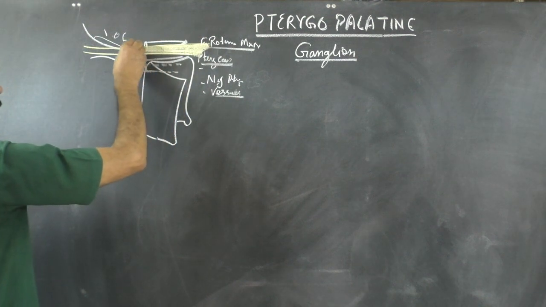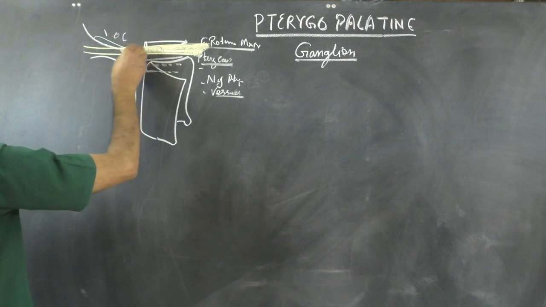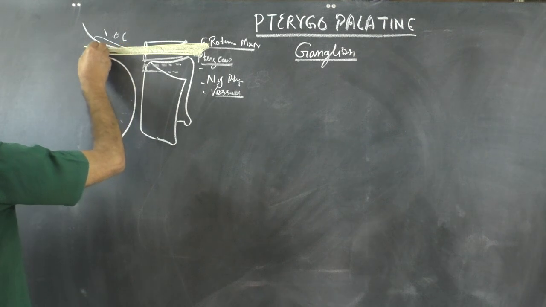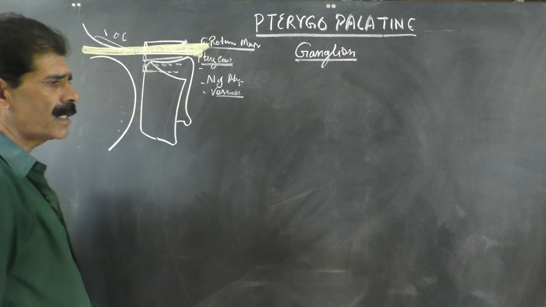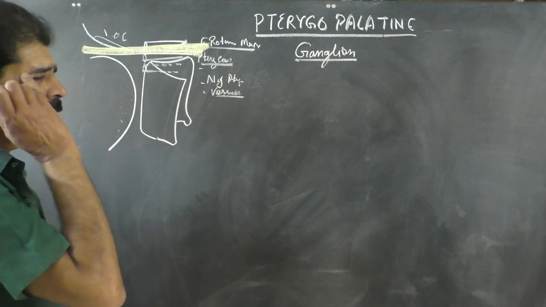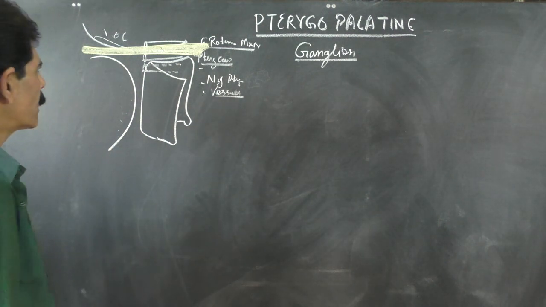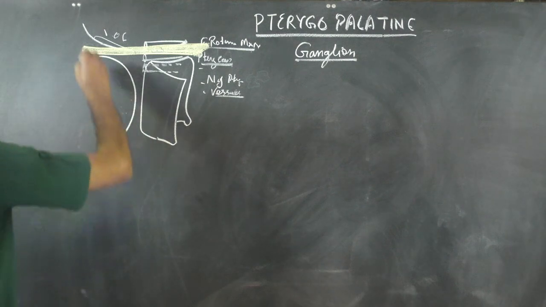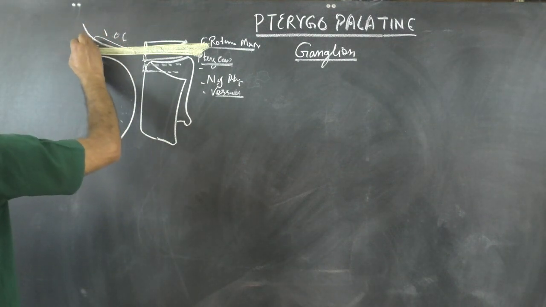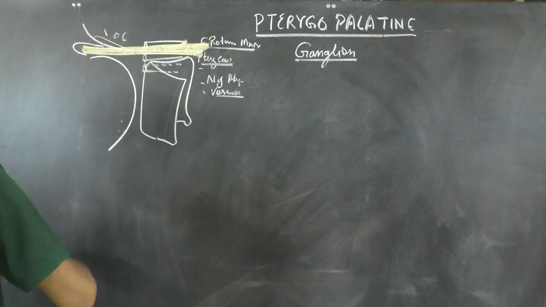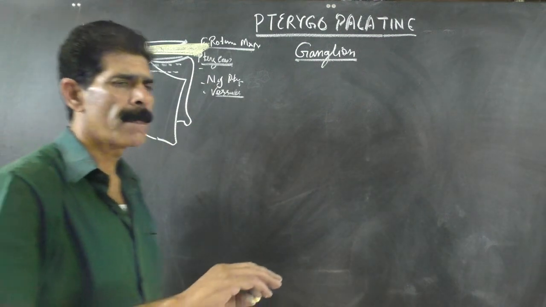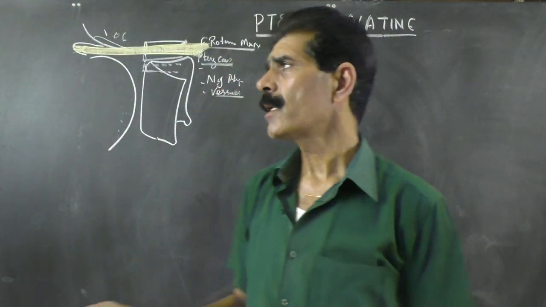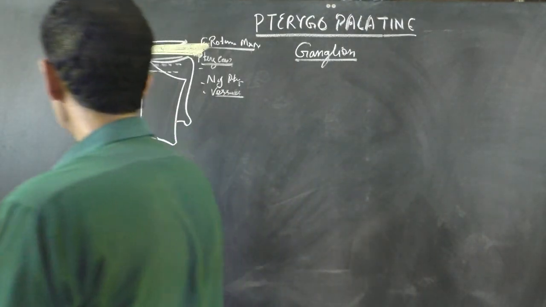It passes on the lateral wall of the cavernous sinus, then it enters the foramen rotundum in the middle cranial fossa, and from here it appears in the floor of the orbit, where it passes through a groove made for the maxillary nerve. Sometimes this groove is converted into the canal due to the development of the bone over it, and ultimately